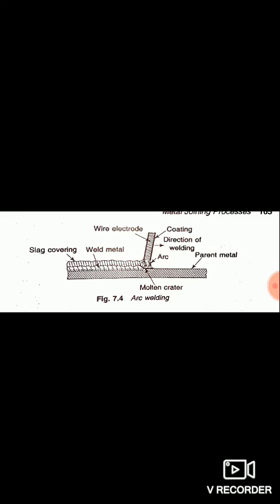The welding will happen by the heat produced by the arc. The metal piece will be melted along with the electrode if the electrode is consumable. If the electrode is not consumable, the heat will result only in the melting of the work pieces, and the molten metal so formed, when cooled, will produce a welded joint.